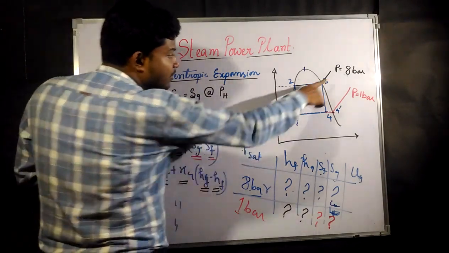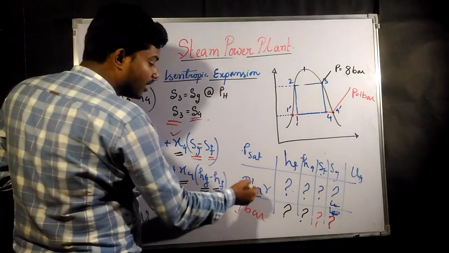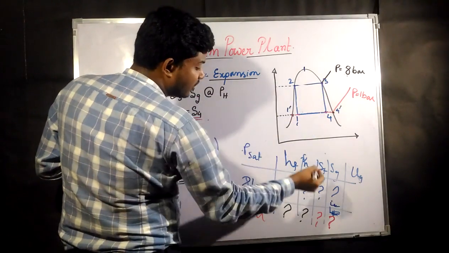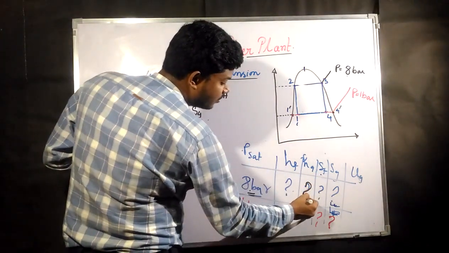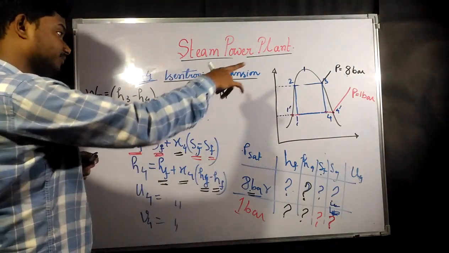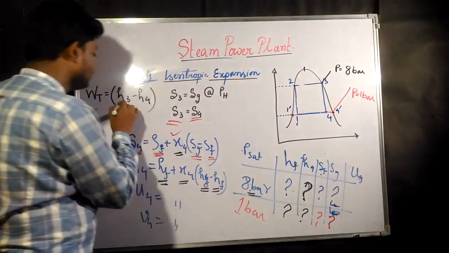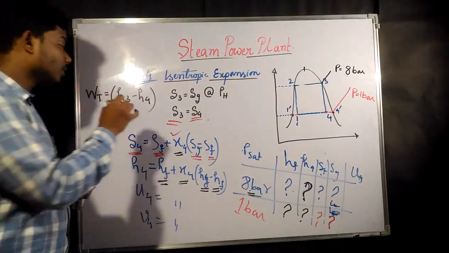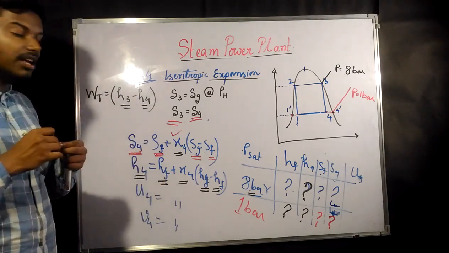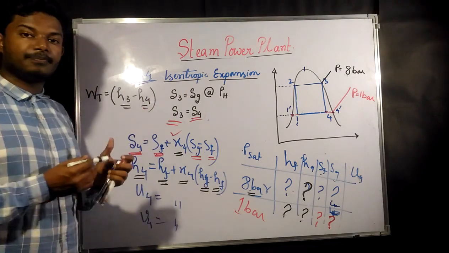How can you find this? This is at a pressure of 8 bar, at 8 bar of saturated pressure. This is going to be your gaseous line. At the gaseous line, what is going to be your enthalpy value? So this value will be our H3. And what is H4? H4 is this one. You have just found H4 from this equation, solving these equations.